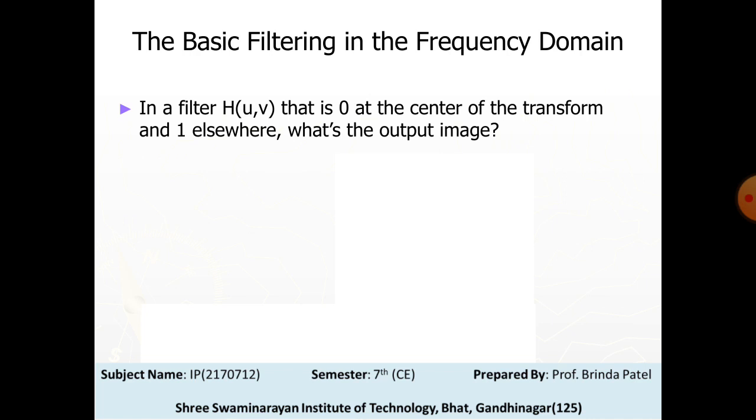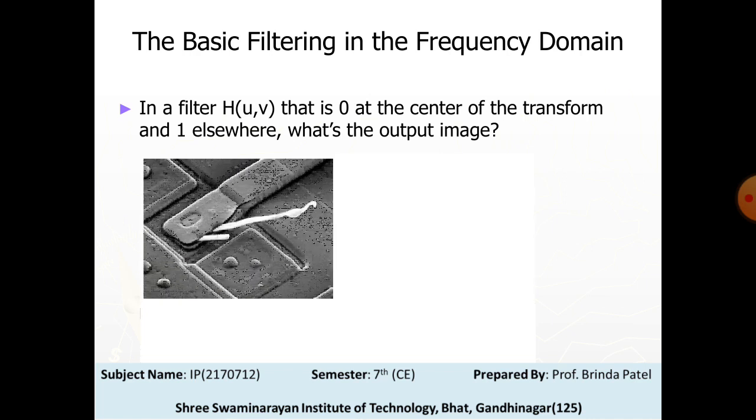The specification of H(u,v) is simplified considerably by using functions that are symmetric about their center, which requires that F(u,v) be centered also. This is accomplished by multiplying the input image by minus 1 raised to x plus y prior to computing its